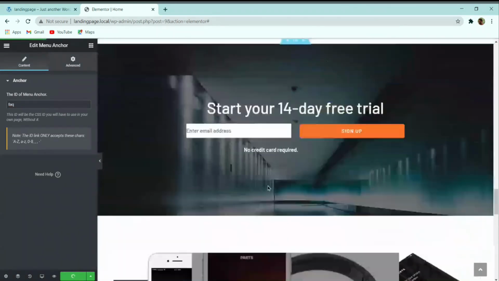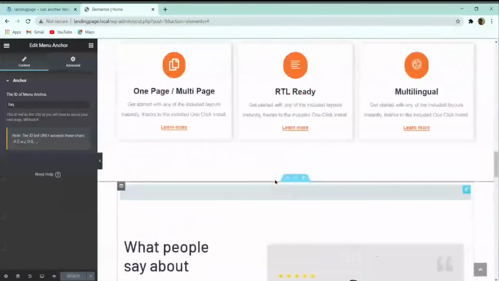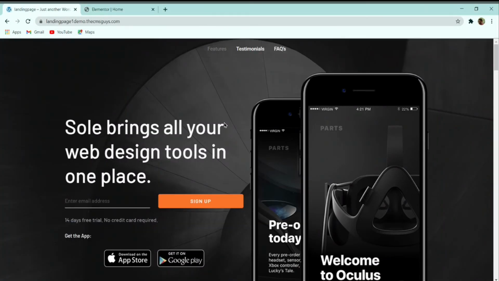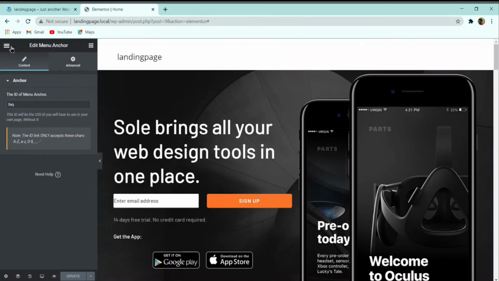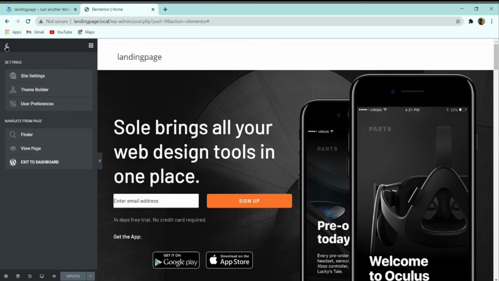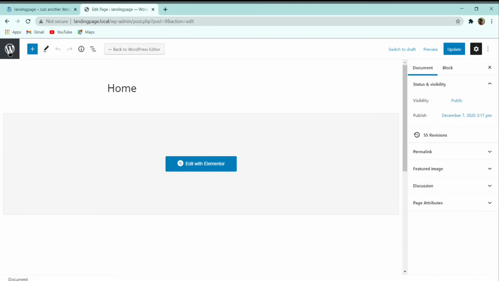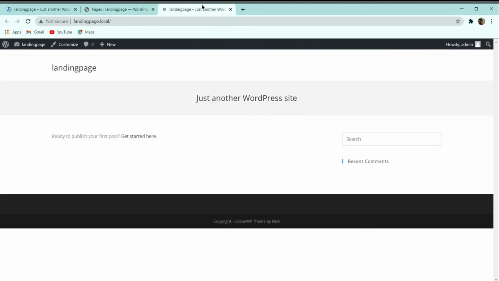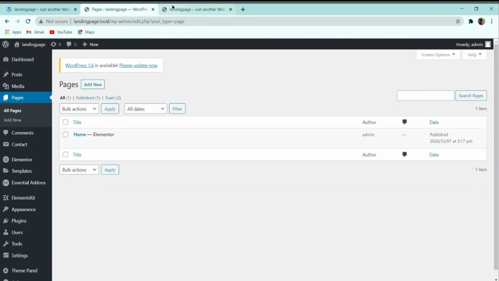So now let me quickly show you how we can do this. To get this, first of all we have to create a header like this. So let's start creating this header. Click on these six dots again, and click here exit to dashboard. After going to the dashboard, click on the WordPress logo, and then let me open this website in a new page. So basically here you can see that whenever I open this, it is not displaying our home page. So first let us make our page the front page.